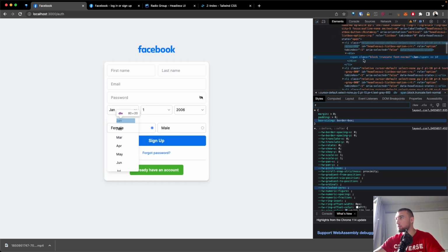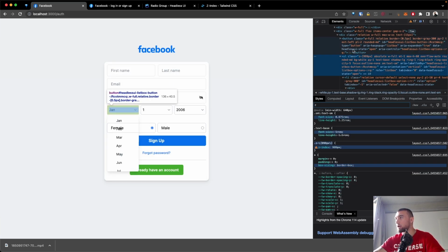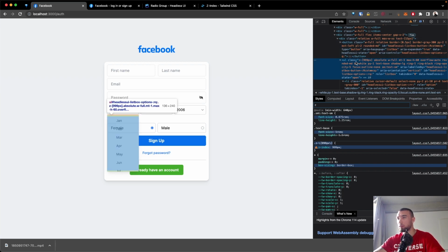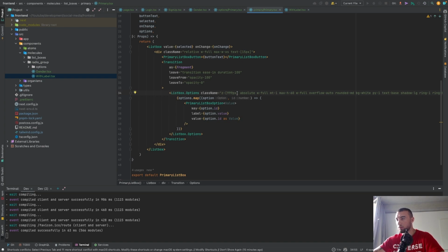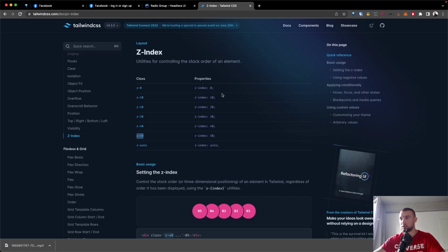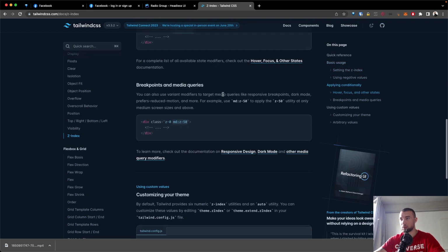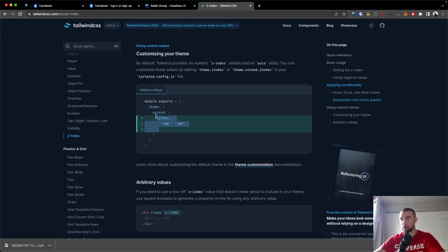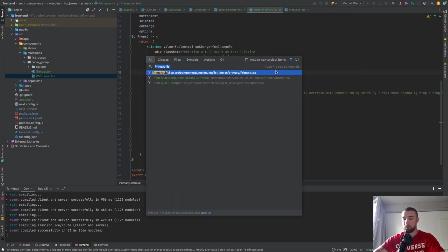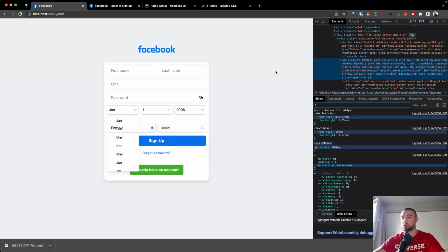Wait a minute. Wait. I can't customize the z-index. What the heck? Okay, I need to customize this way. All right. Let me come to Tailwind, because as you saw, you can do it with the style property here, with the style attribute. So you say style, and in here you say the z-index